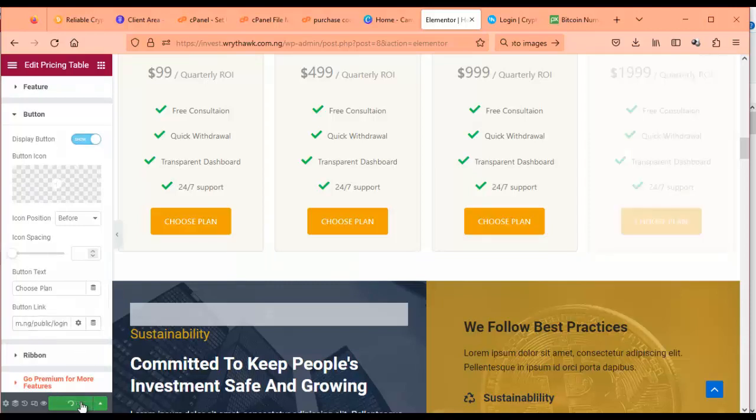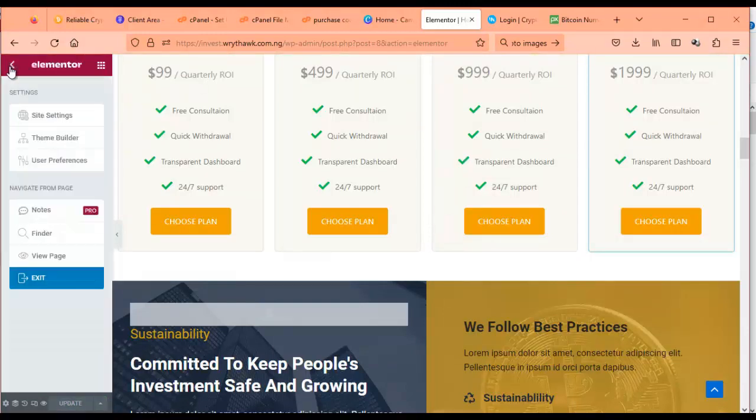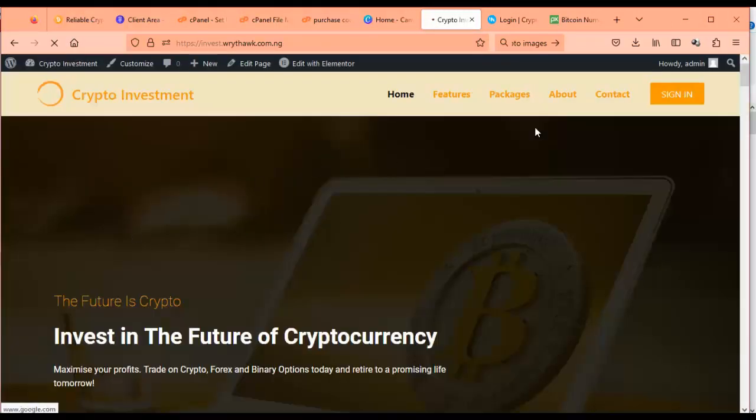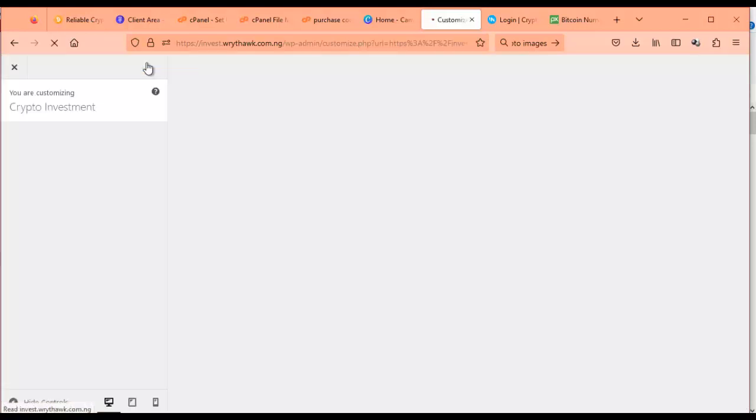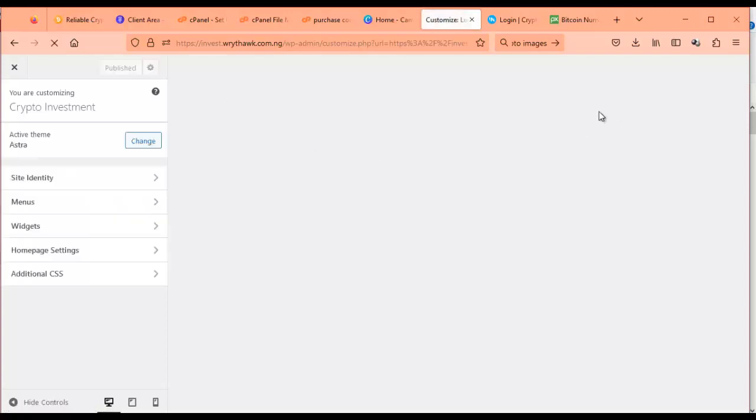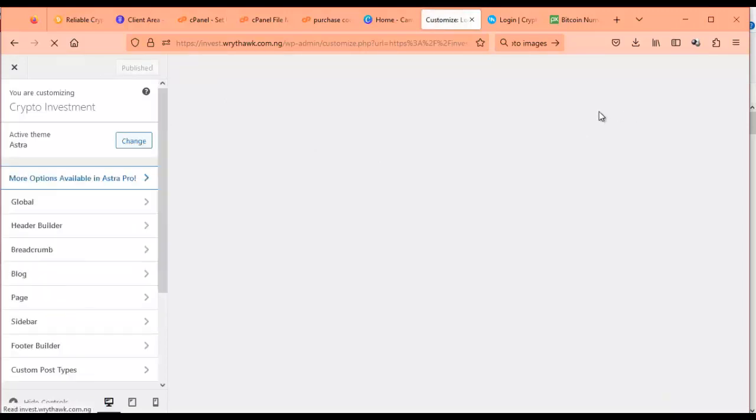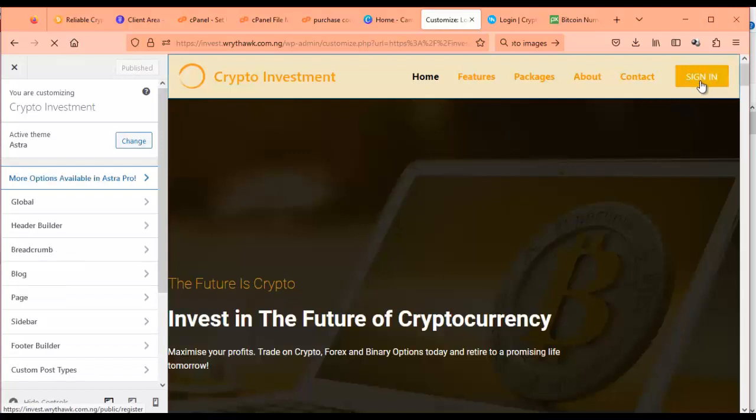so I'll go back to this page. Now I'll need to change this, because the link I put here is the link for register, not the link for sign in. So I'm going to change it by going back to customize again. I tap on here. So this is going to be for login and not signing. Okay, so